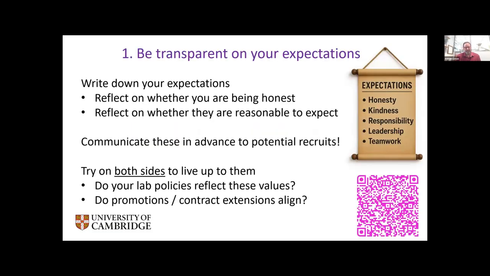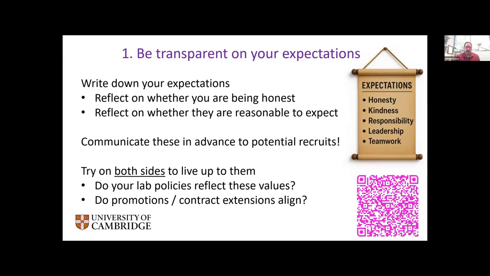Now, one of those tips is to be transparent about your expectations. I think that often a lot of the problems that arise in a lab arise from a mismatch of expectations between the PI and the lab member. And one of the ways that you can really minimize this is just to be upfront about what you